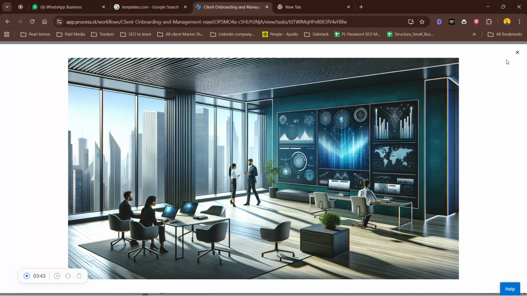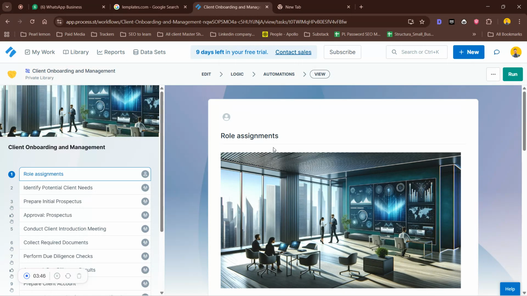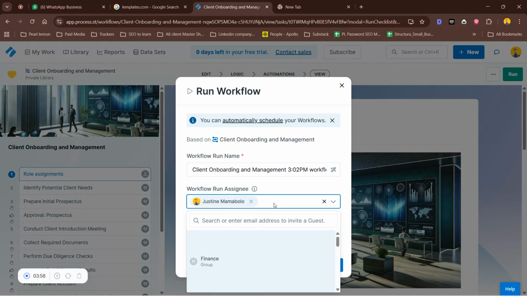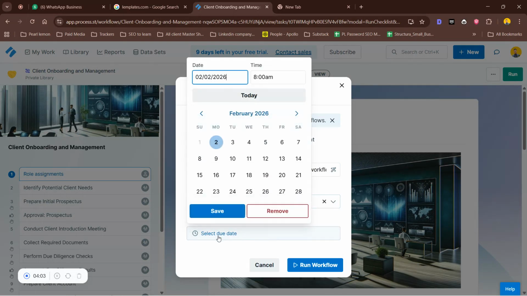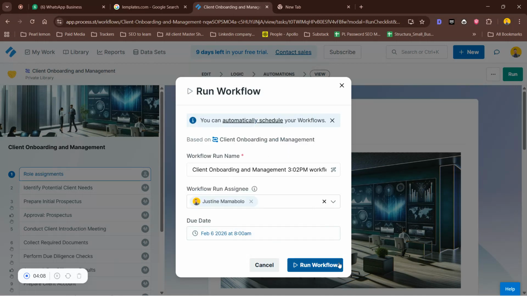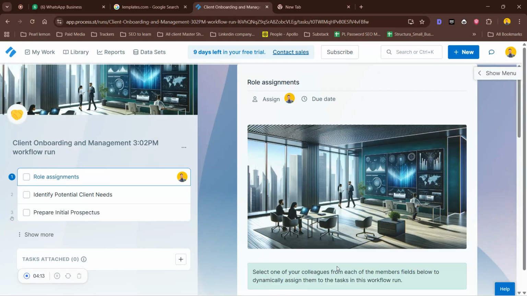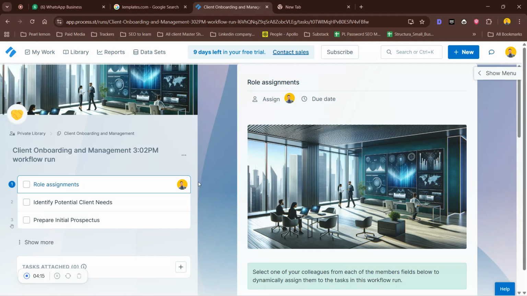Like you can remove this picture here, you can edit this title, role assignment. Before you edit this, you can also assign team members here, add their emails and invite them. You can select the due date, probably let's say by Friday, everything should be done on this workflow, and then you run it. With everyone contributing to that specific section, it could even be done before Friday. So on the role assignments,